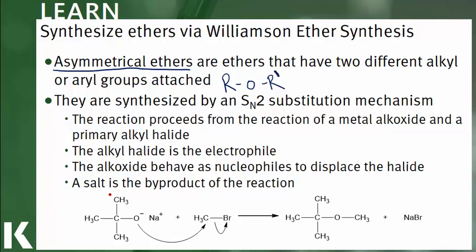The second reactant is a partially positive primary alkyl halide. The negatively charged oxygen on the alkoxide acts as a nucleophile to attack the positively charged carbon on the alkyl halide, displacing the halide, which is bromine in this case. We are left with an ether that has two different alkyl groups and a salt, the sodium bromide, as a